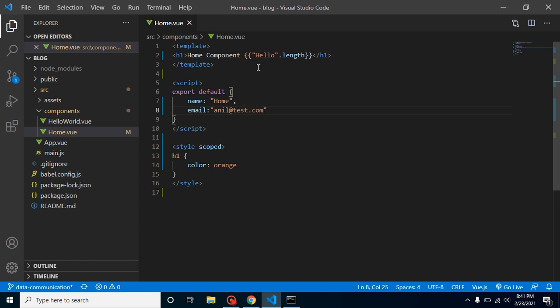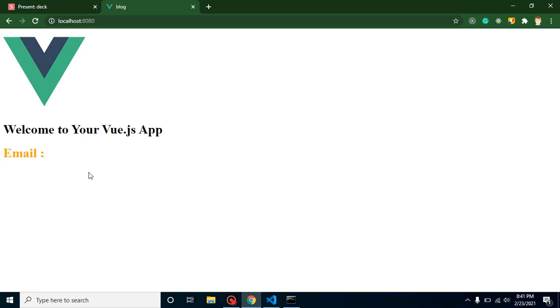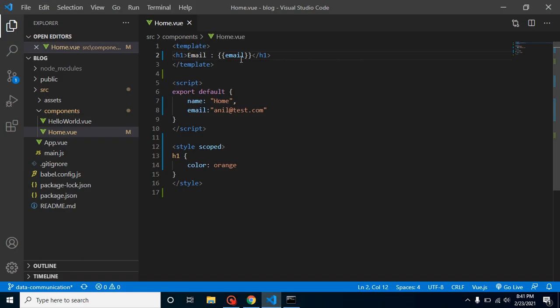Can I use it directly here? Actually not. Whenever you put email here, you will just find email and a colon. There is nothing to display here